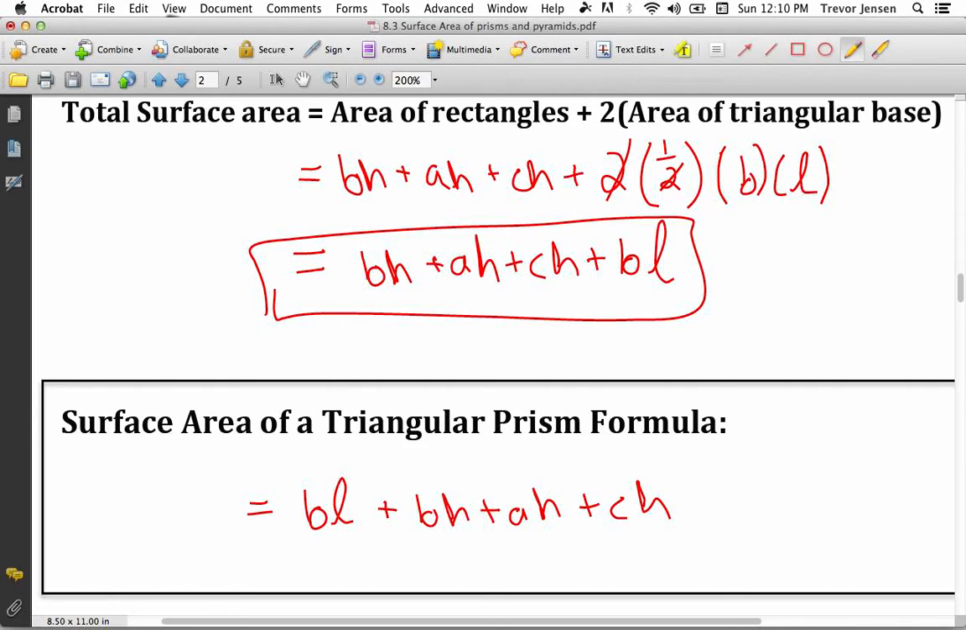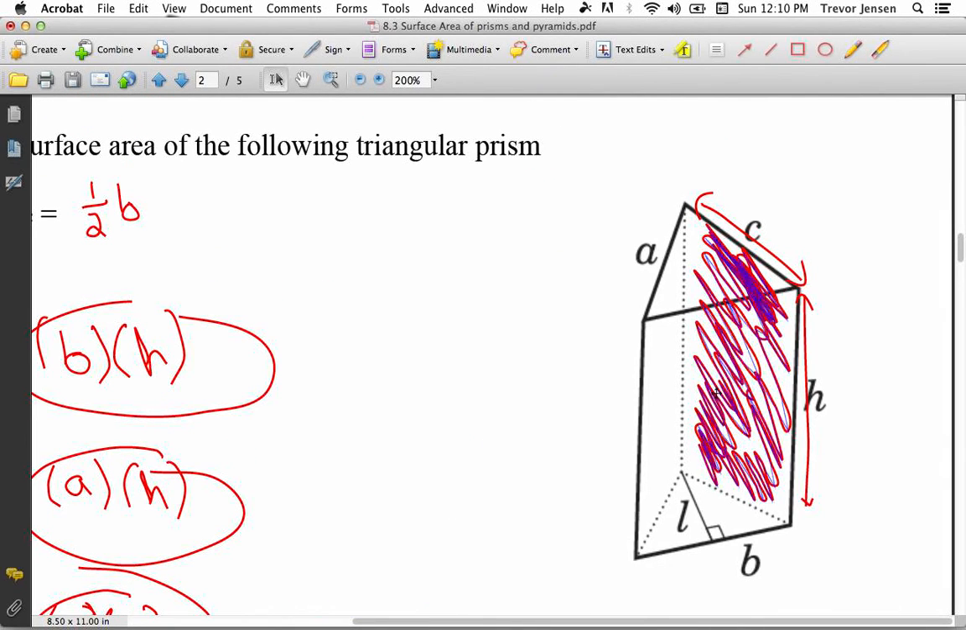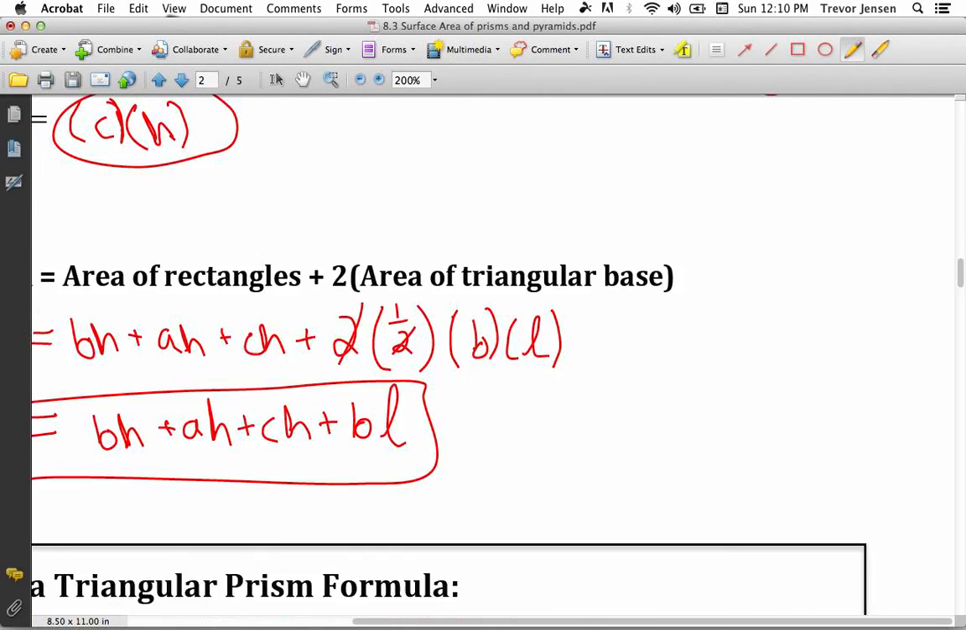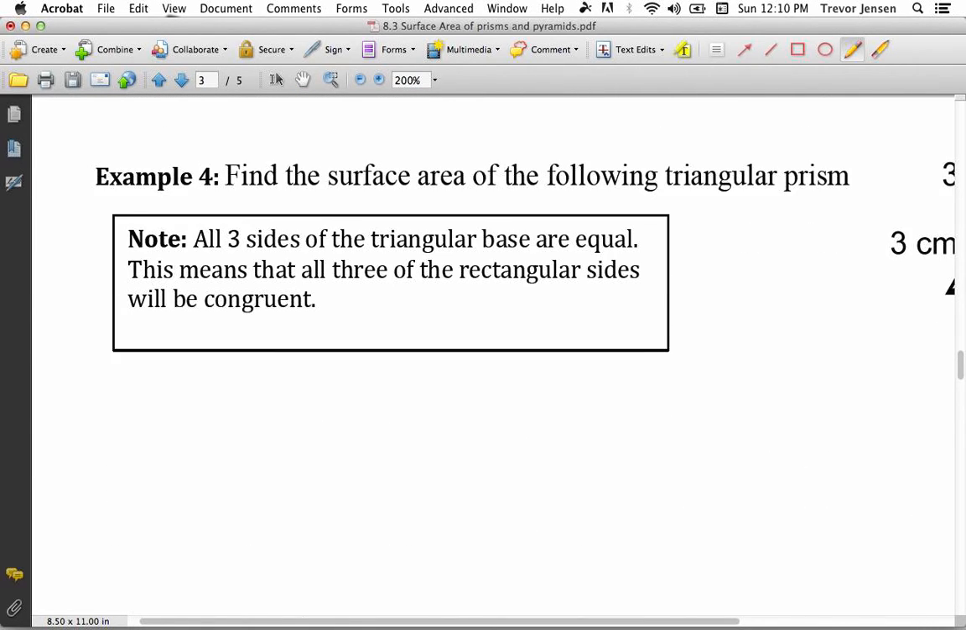So make sure you're good at being able to label your triangular prism with the proper letters. And then just plugging into the formula will be easy. Okay, so label the base of your triangular base with a B, and then the other sides of your triangle with A and C, and then label the height of your prism with an H, and the height of your triangular base with an L. If you do all of those things with those 5 letters, you'll be good to go just plugging it into our formula here. Okay, I'm going to skip example 3 for now because example 4 is going to be a